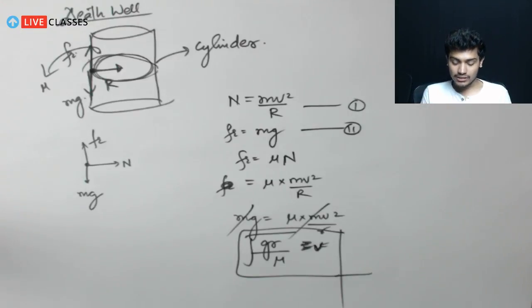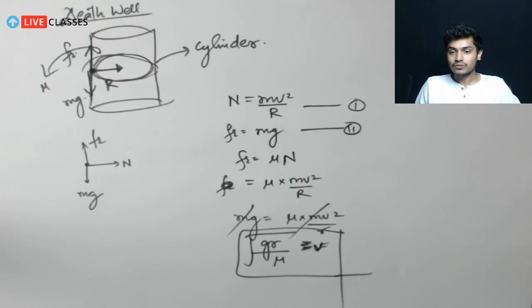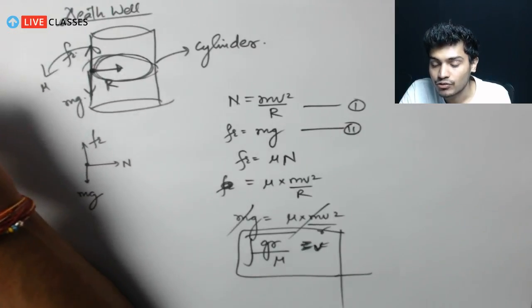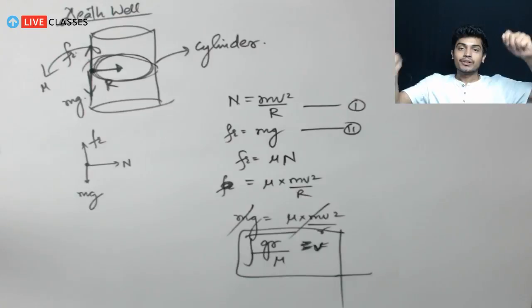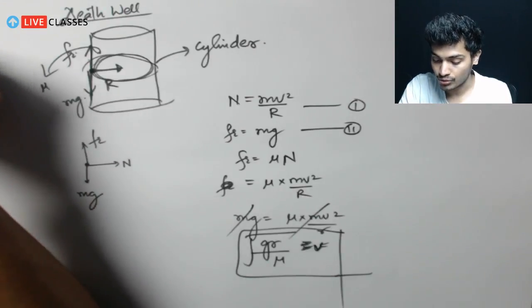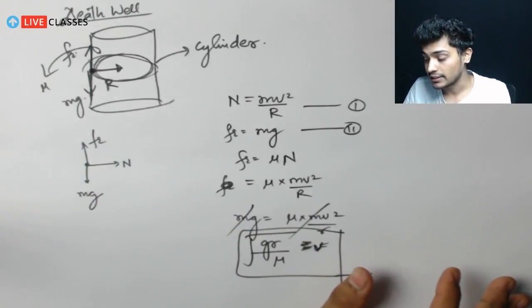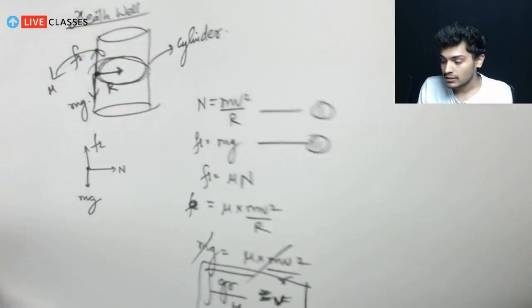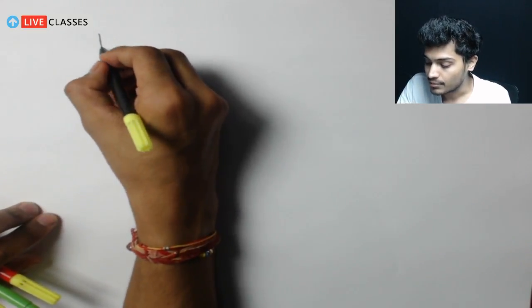So these were the portions from the dynamics part of circular motion. So this was all about the dynamics part of circular motion. Till now we have covered all the kinematics as well as the dynamics part of circular motion. So let's recall the things which we have covered in the entire lecture series of circular motion. In circular motion we started our lecture from the basic introduction, where